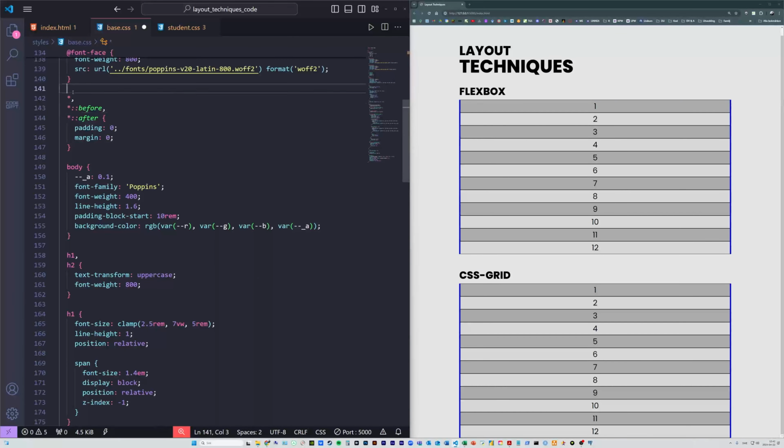Then what we do over here is kind of advanced. It is not something you need to know now. You'll get to that in the future. But I can say that this one is called a universal selector. So what it does is basically it tells me I'm selecting everything,